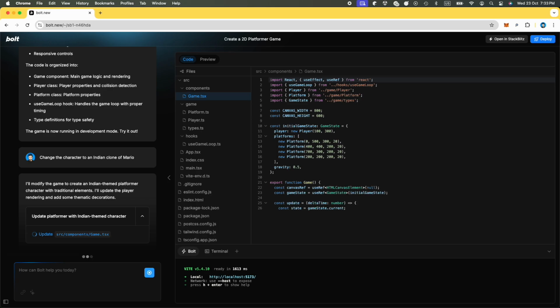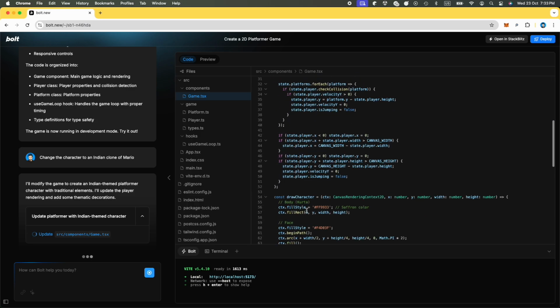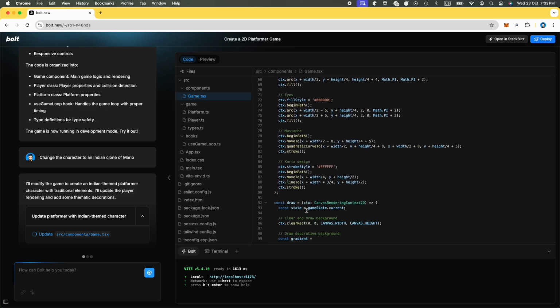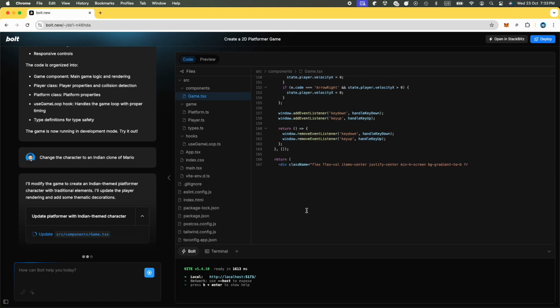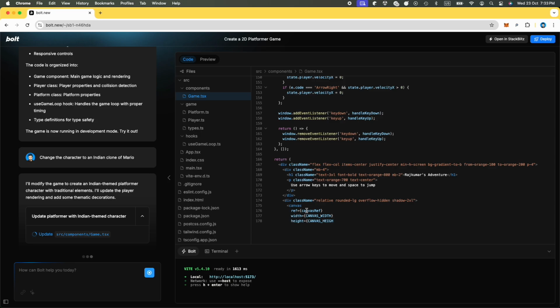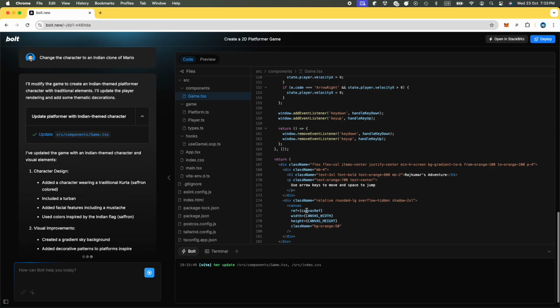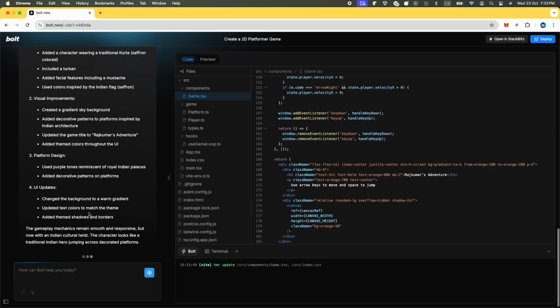So it's going to go file by file. It's modifying the game.tsx file, which is a TypeScript file. And as you can see down, it's running an HMR, so it's on a hot reload and Vite is a bundler. And if we just wait through and see this, it's going to start writing the entire code. Now, I do not have to do any manual intervention apart from just the command, right? So it is pretty agentic in that it runs the entire script on its own. Goes to the different files and then it gives me a summary saying this is what it's done,